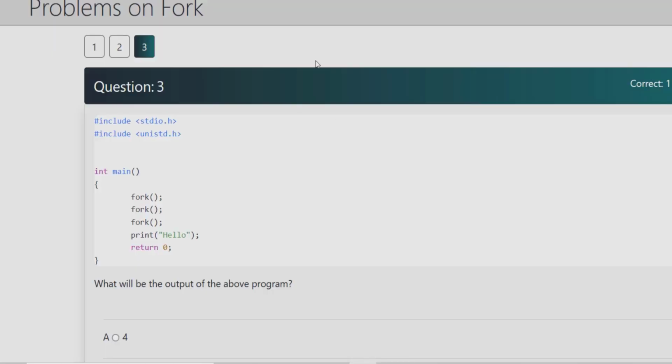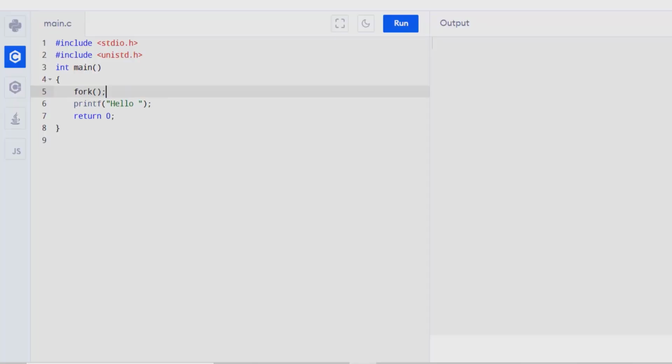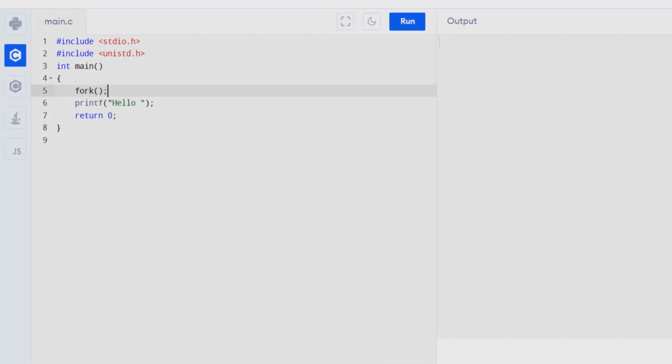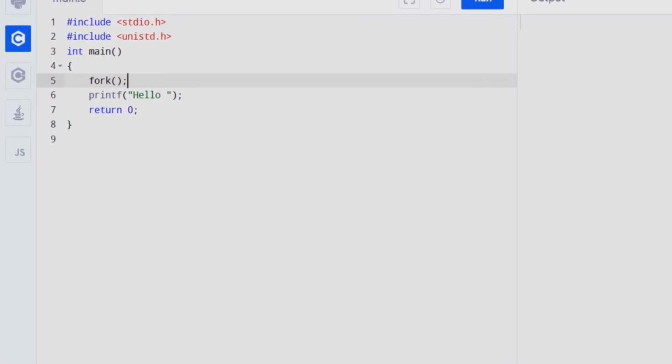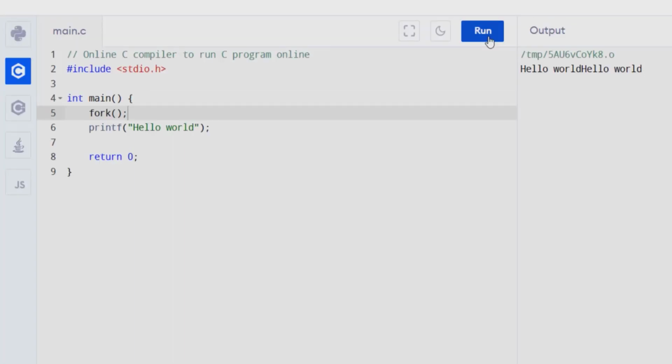So if we have 2 forks, we have seen that there will be 4 stdouts. Now let's try it out in the compiler and try to get a pattern, if there exists a pattern. Let's try with just a single fork. Yeah, it prints 2 hello world. So if there is one fork, there would be 2 prints.